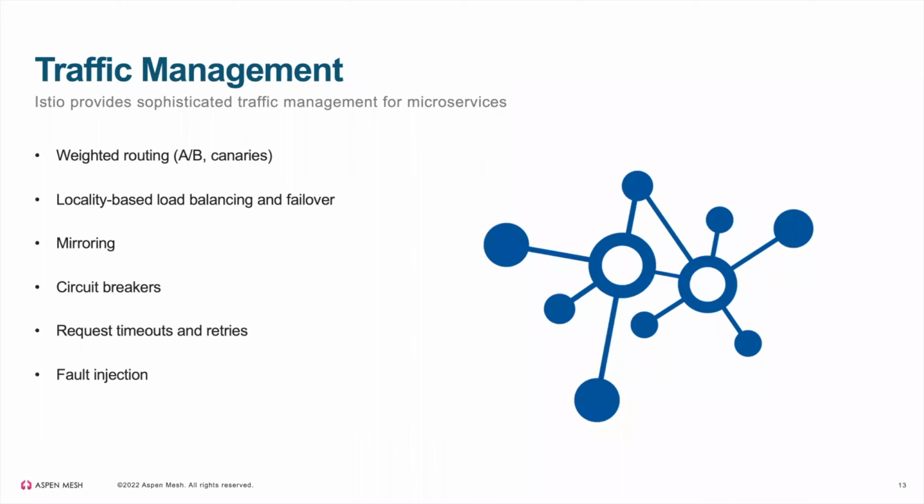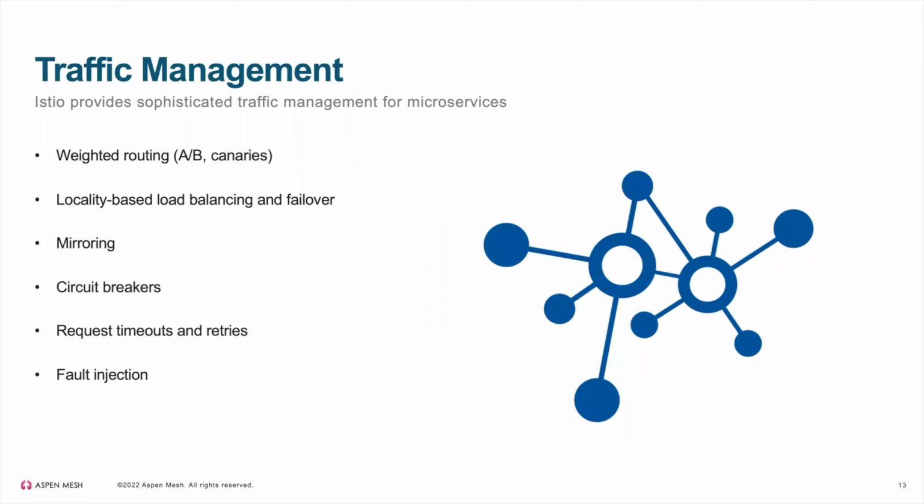Canary style deployments are just that, where you deploy a new version side by side to the old version. You start to route some percentage of traffic to the new version, and gradually increase that over time while you're testing performance or functions until all the traffic is routed to the new version, and you can retire the old version. It also allows you to do things like A/B testing.